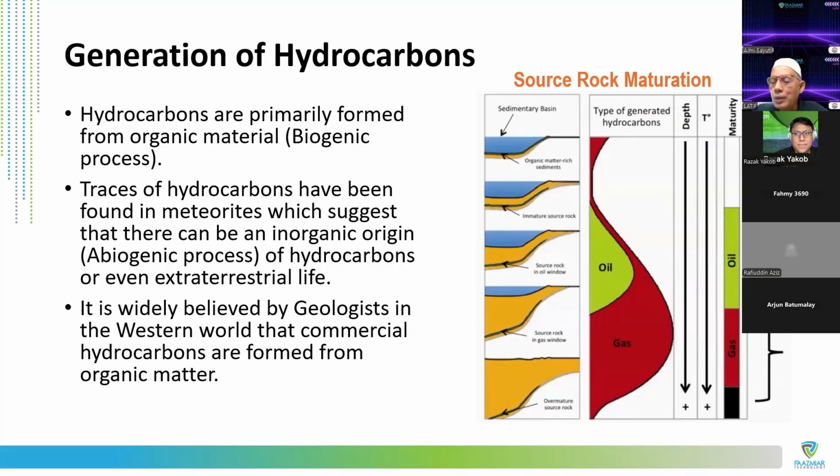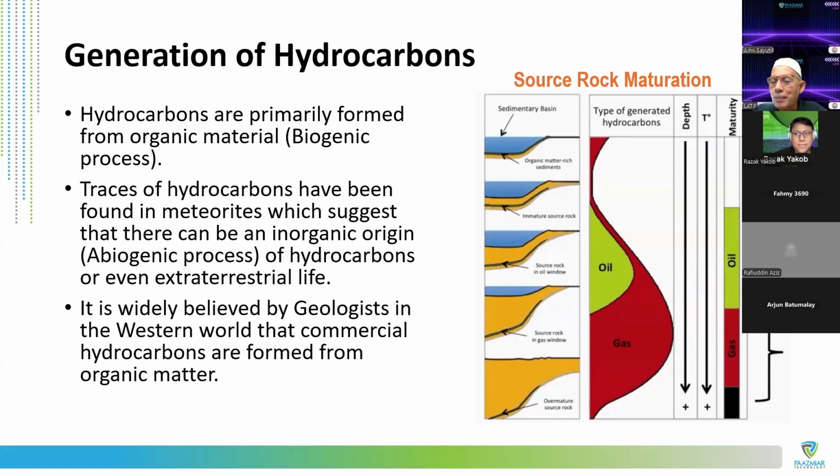So that's why our oil is only discovered at depths of 2,500 meters and above. It's very rare that we see it at 3,000 meters. Below 3,000 meters, normally we see gas. That's why in Sabah and Sarawak, we discovered huge gas at 4,000 meters, sometimes up to 4,500 meters.